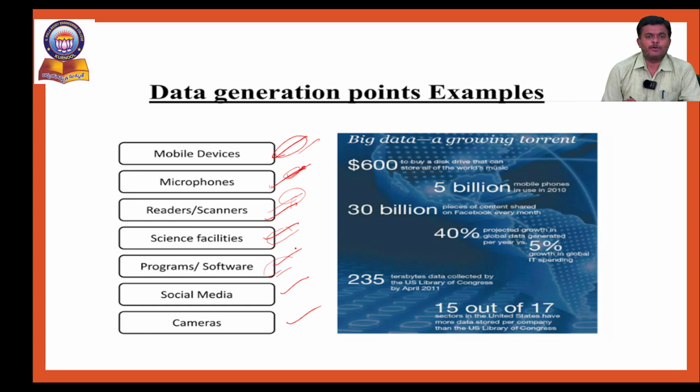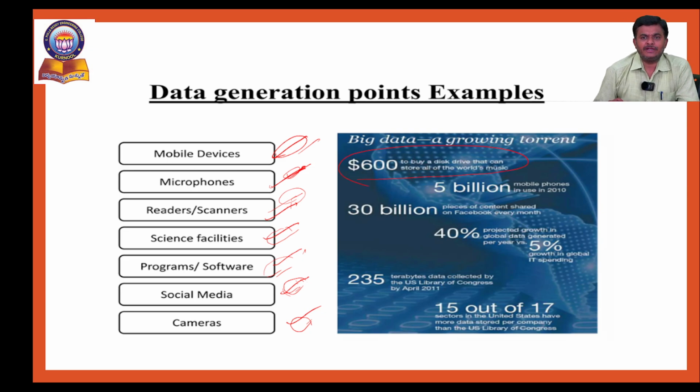And then programs or software. So some software, for example online shopping software, also generates large volumes of data which is categorized as big data. And then the social media. So currently this is the big area where data is being generated in large volumes on a daily basis. And then cameras, that is CC cameras installed in sensitive areas, they are also continuously generating streaming data. So these are some data generation points. Like here, see,